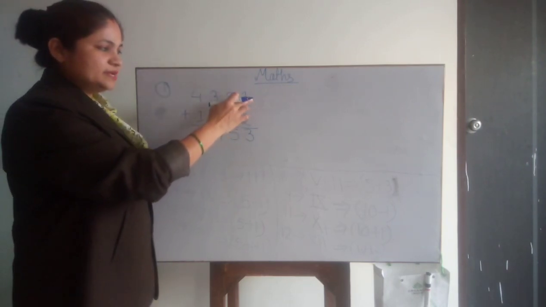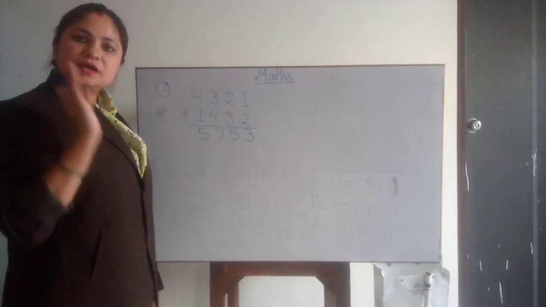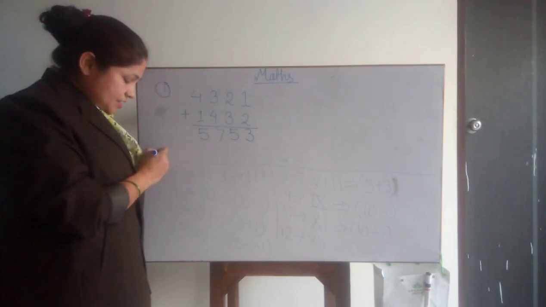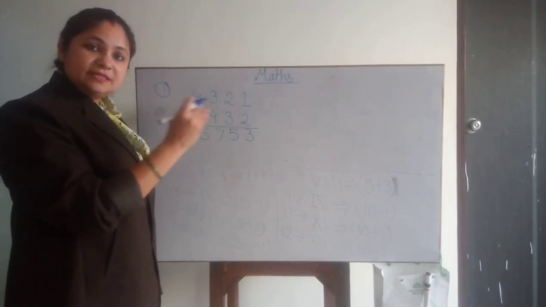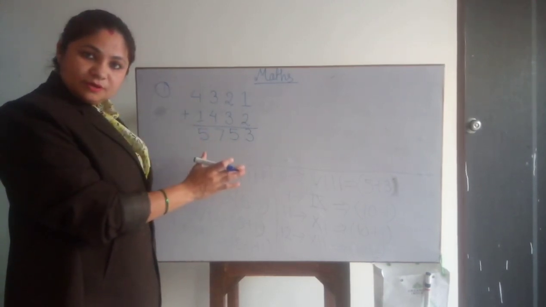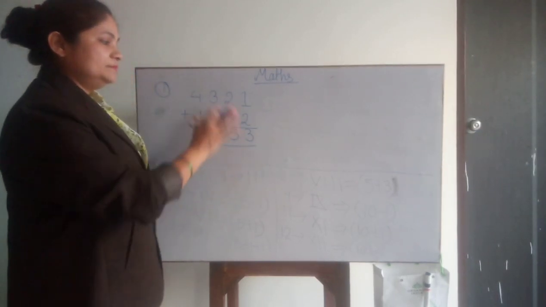If you are facing any kind of difficulty in such simple addition, you can do one thing. You can make circles as you did in your earlier classes. Your teacher told you to make circles or balls and then add them up or count them. How many are they in total? In that way also you can do. So this is my first example.